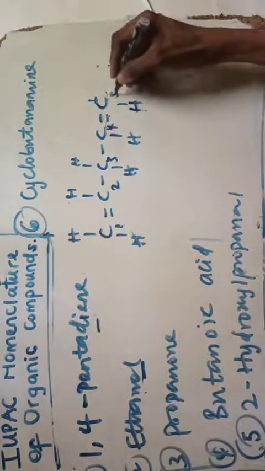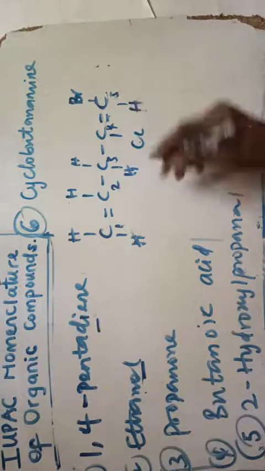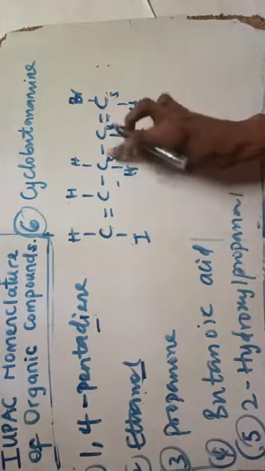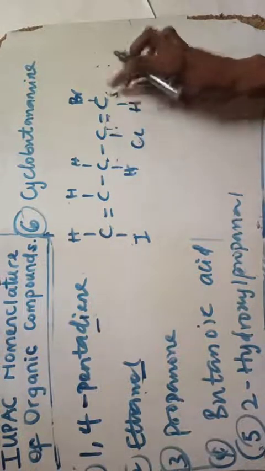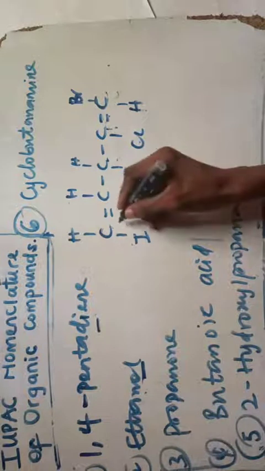Let me say I have Br, I have Cl, I have my iodo here, that is the diene, and I'll name this compound here. What I'll consider first is my functional group, which is the diene. So I have the diene present already, and it's situated at number 1,4.